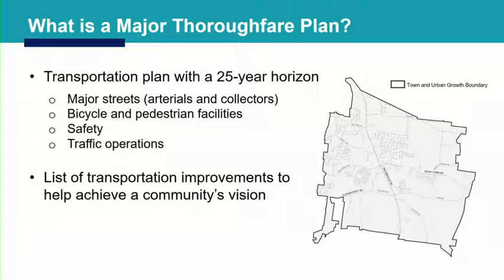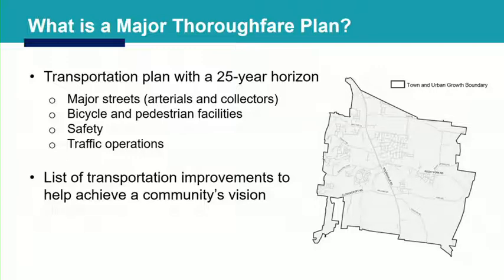Sometimes folks get that a little confused with local streets, but really the difference we try to draw is that the community can get around what are our major streets, what are the arterials that connect us to other towns, what are the collectors that connect our neighborhoods to those arterials, and then local streets is sort of an issue you tackle through the subdivision process or the development process, because you get into really sort of the fine details